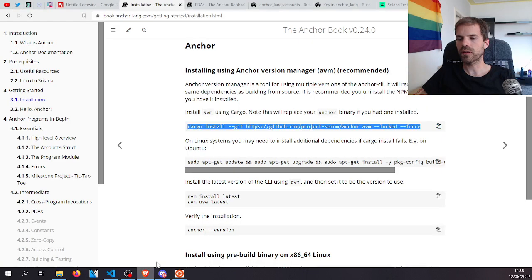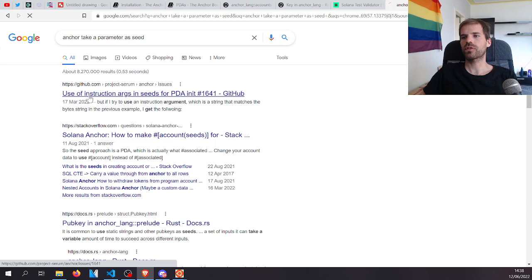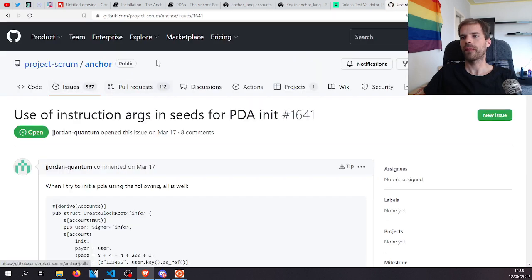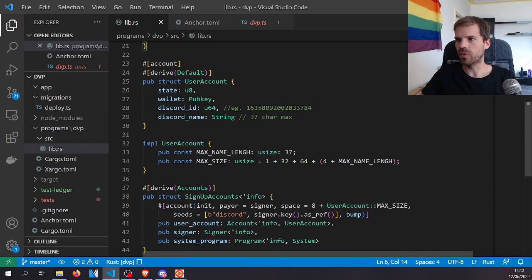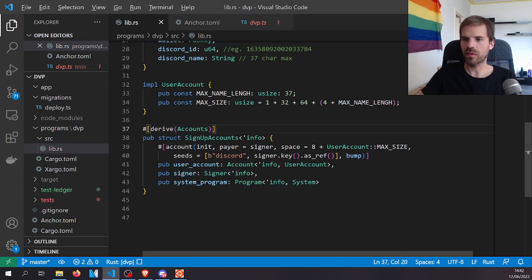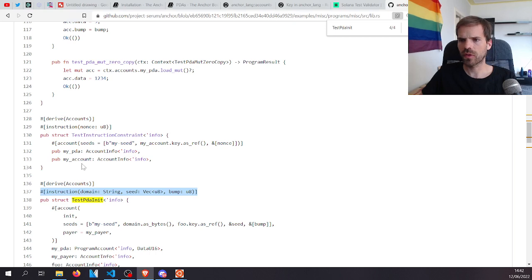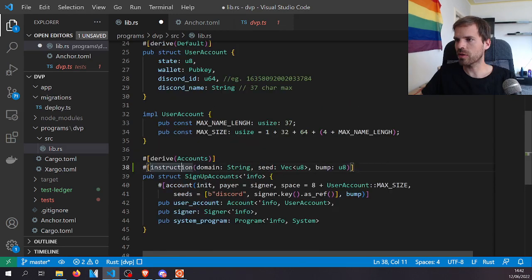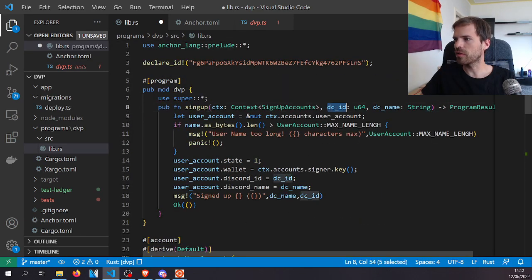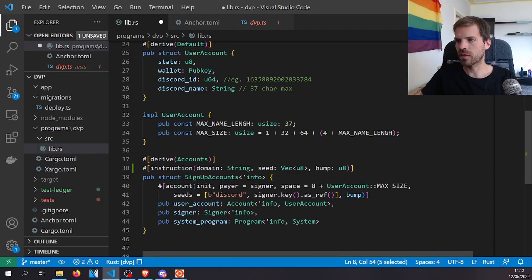We could take a look at, I don't know, use instruction args as seeds in PDA. I mean, that's essentially what I need, right? Look, that's what we need. It has an instruction domain. So in here, when we derive accounts, we also use instruction, and in the instruction we have the DC ID and the DC name, but we really just need the